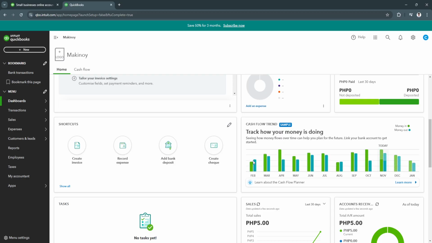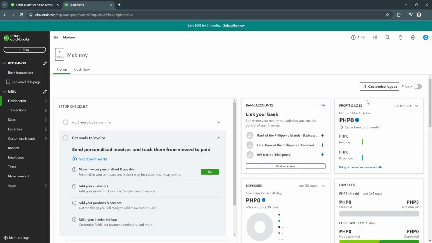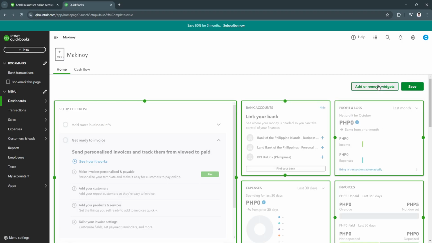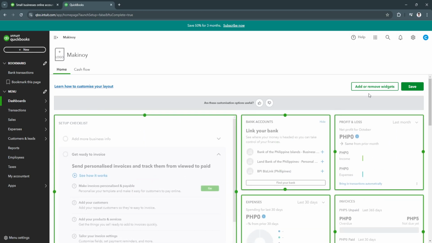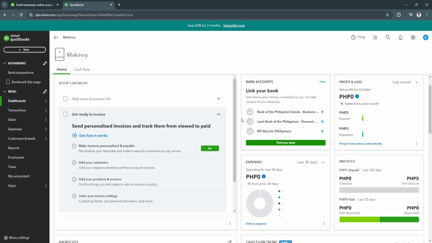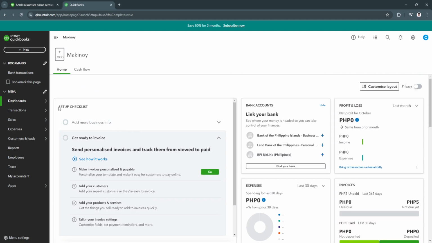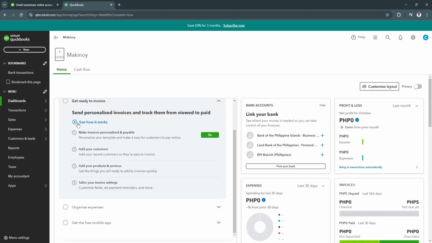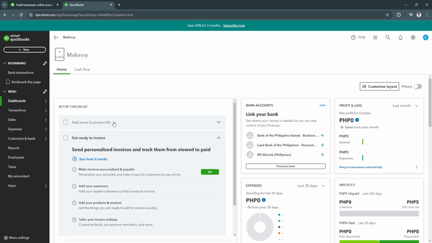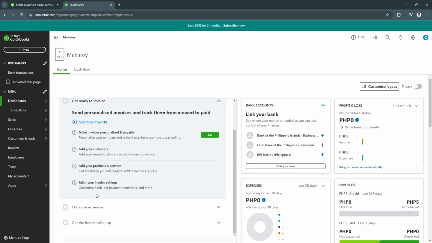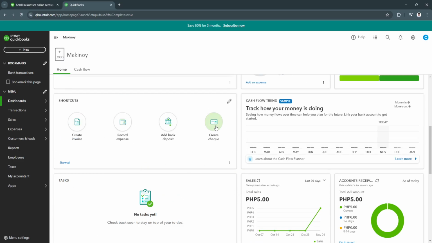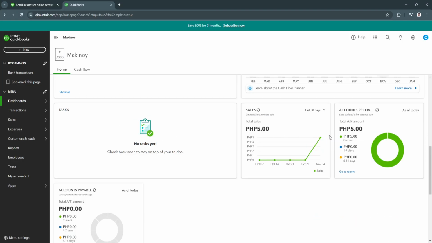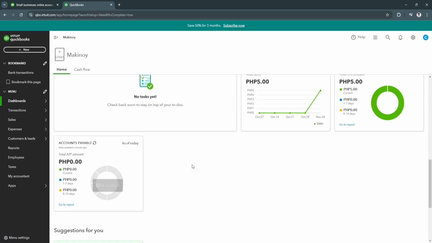As you can see, this is how organized QuickBooks is. We can also customize our dashboard. As you can see, we can move this right here, move this right here, click on save. Now from here in the first table, we can see the setup checklist. To get more personalized, you need to fill up all of this information right here, such as add more business info, get ready to invoice, organize expenses, and get the free mobile app. When you scroll down, you will also see shortcuts and tasks, your sales, your accounts receivable, your accounts payable,